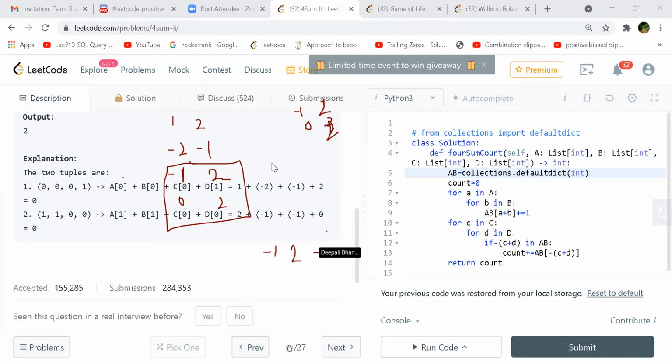Is this one like 4 tuples, the whole tuple? Yeah, this is one combination, and 2 is one more. No, 2 is 4. So only one tuple you are getting here.